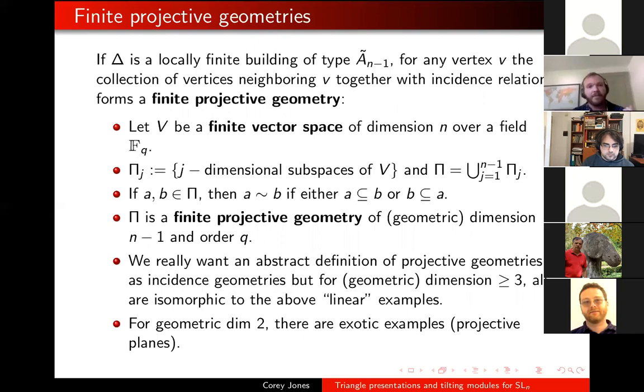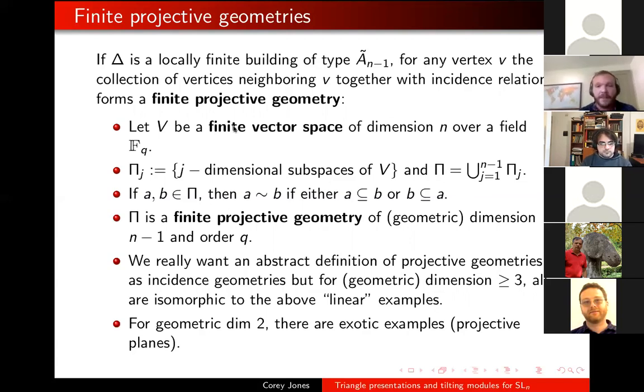And the reason is that if you have a locally finite building of type affine A_{n-1}, then if you take any vertex, you can look at the collection of vertices neighboring that initial vertex, and consider an incidence relation between them if they're adjacent, right? If there's an edge between them in the building. It turns out that you can prove from those axioms we wrote down earlier that the set of neighboring vertices with that incidence relation will form a finite projective geometry. So there's an abstract definition of a finite projective geometry in terms of incidence relation, but I'm going to give you a concrete